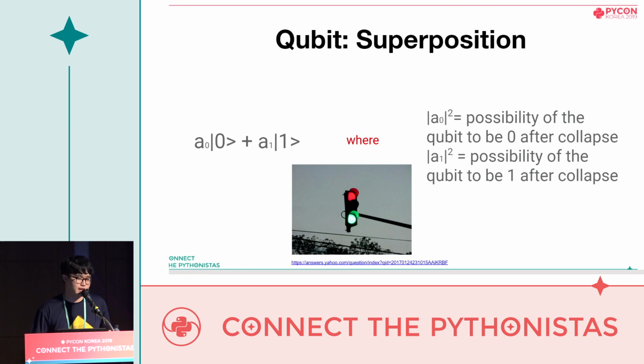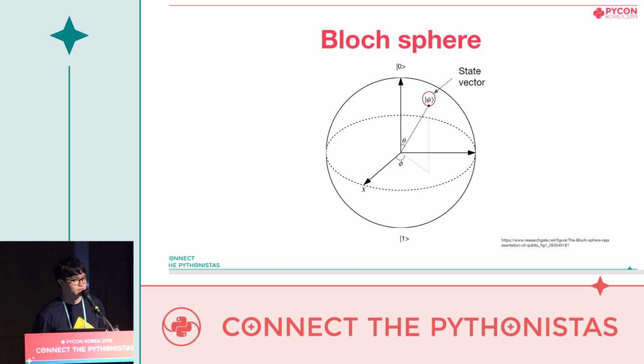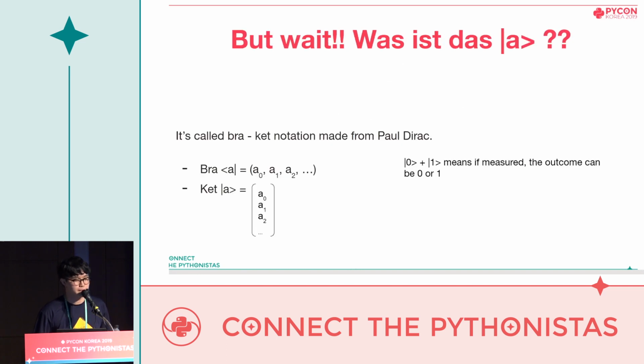There is a way to take a look at one qubit in a geometric way, which is by using a Bloch sphere, which is usually used to look at one independent qubit. As shown in the picture here, the superposition state of a qubit is pictured as a vector in a space, which in this picture is notated as vector psi. The positive z-axis represents state 0, the negative z-axis represents state 1. The angle theta represents the possibility of outcome, and the angle phi represents the phase angle.